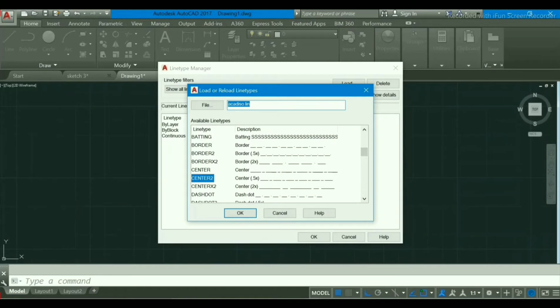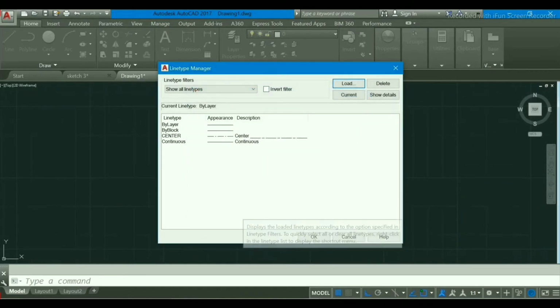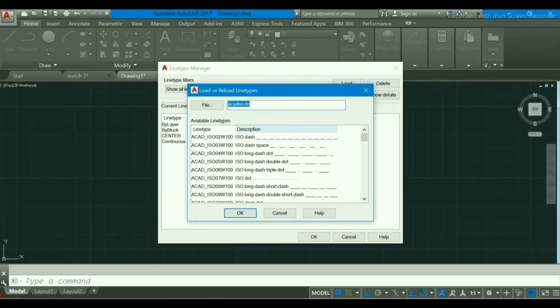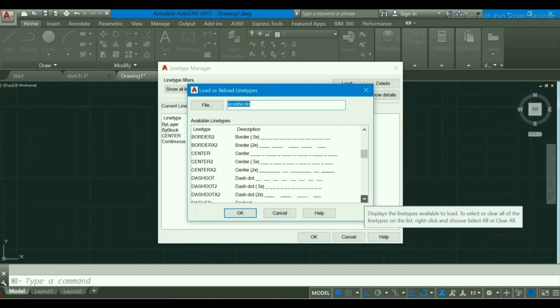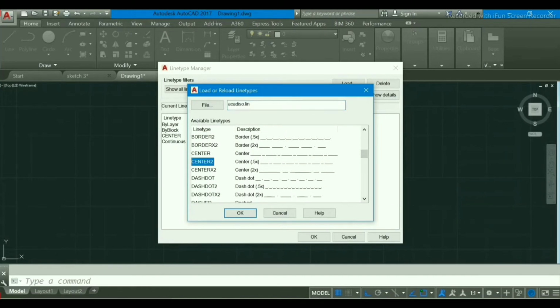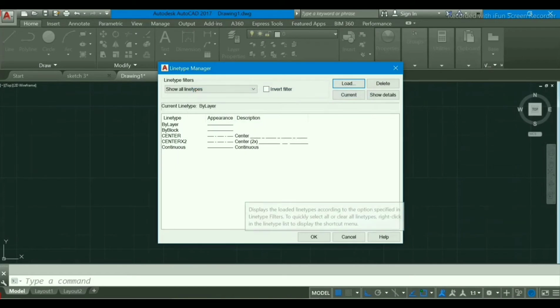Select this one, OK. Again go to load, select here this one or this, OK, and click here OK.